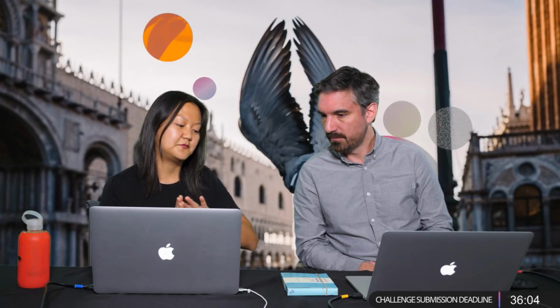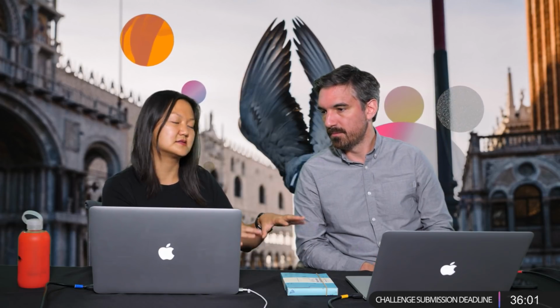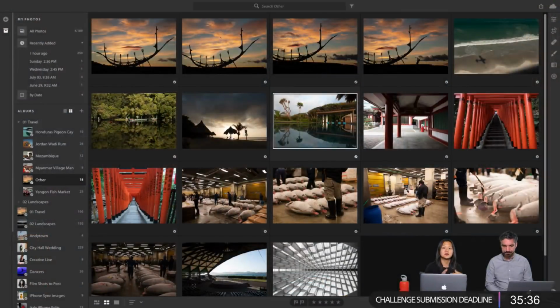And then I changed it basically from then on without worrying about applying it retroactively, because I think if you worry about fixing everything that you had already done, it's too daunting of a task and you just never get to it. So that's how I feel about making the switch from Classic to CC. Yeah. There's no way that I'm going to change what I've done with a decade's worth of files that are in Classic and on hard drives. I think I'm just going to, from now on, upload things into the Adobe Cloud and have them in CC and keep them organized as I import them. Yeah, I think it's the best strategy.